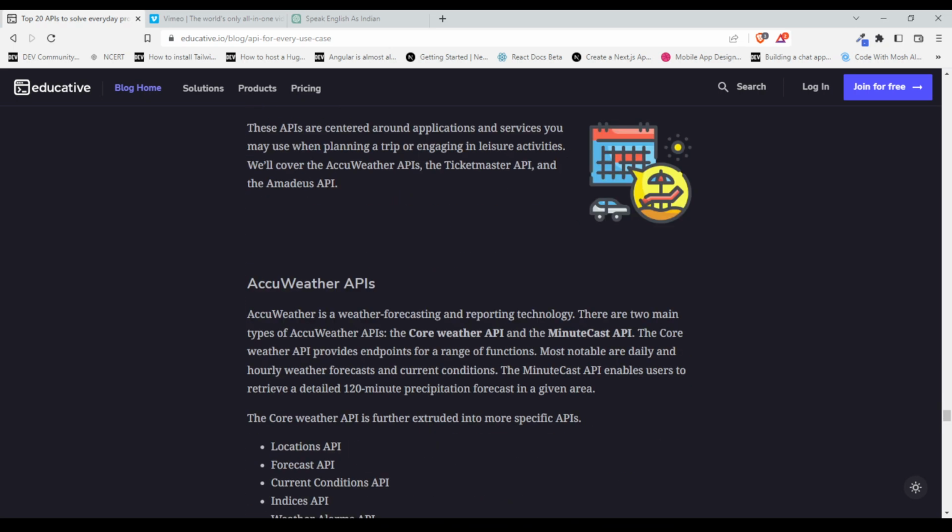AccuWeather API. AccuWeather is widely focused on weather reporting technology. Their main types of AccuWeather API. The core weather API, the core weather API provides endpoints for each